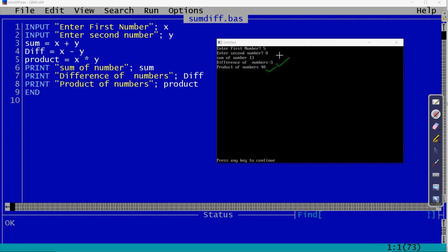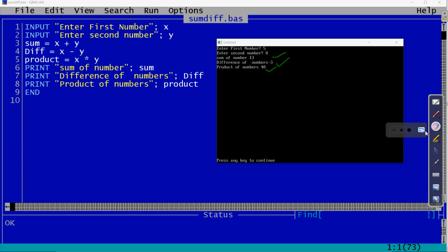The same values which we have stored in sum, difference and product, we are getting in the output. The message which we have written in double quotes, that is sum of numbers, difference of numbers and product of numbers, is printed here exactly as written in the print statement. I hope this is clear.